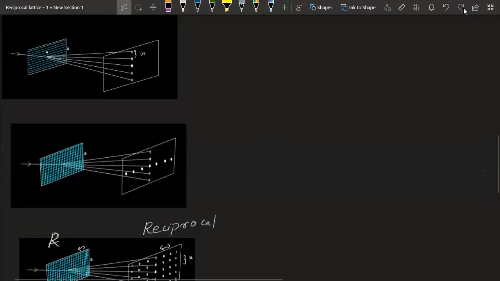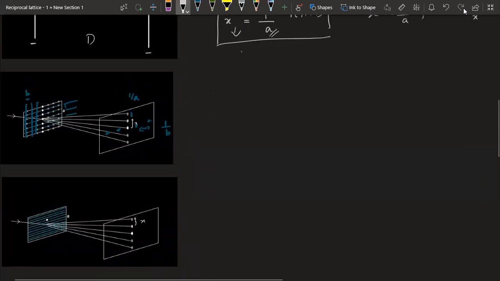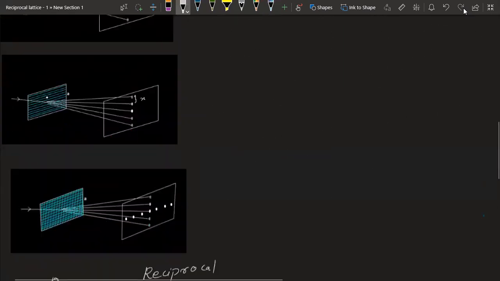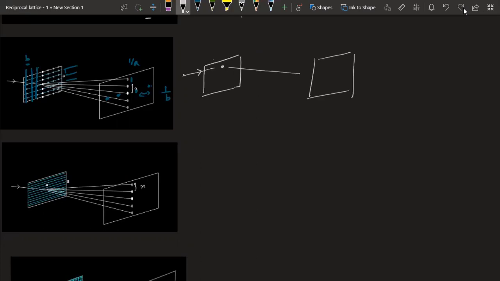Fine. Another thing I told you is that the reciprocal lattice is the Fourier transform of real space, isn't it? So why is that? Consider this picture. There are a lot of atoms here. We shine some light, the light falls here, and it hits the screen. Likewise, there is another atom here, and another here. I'm redrawing this picture and only considering two atoms. So the light comes from here, falls here, and makes a diffraction spot here.